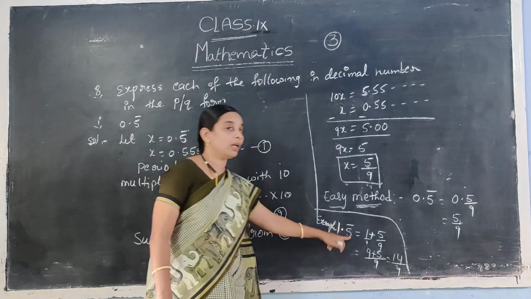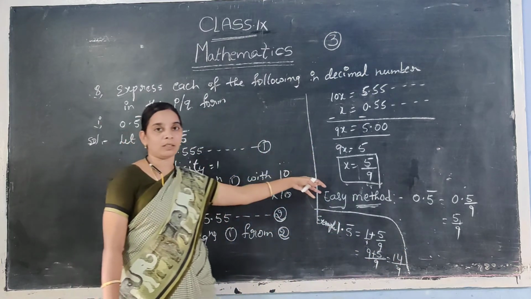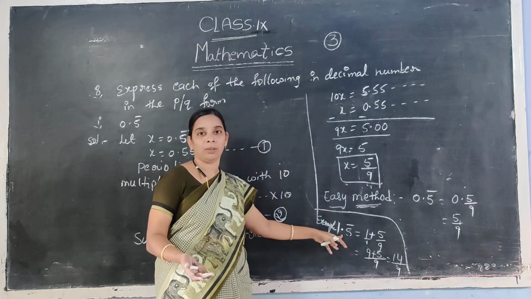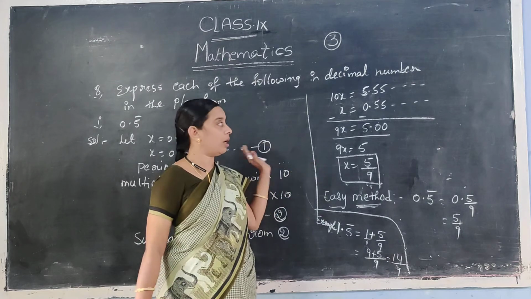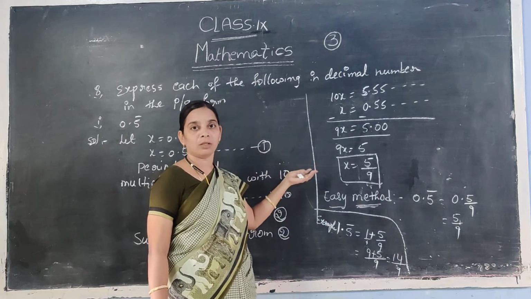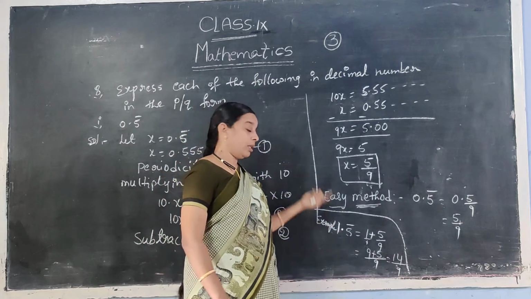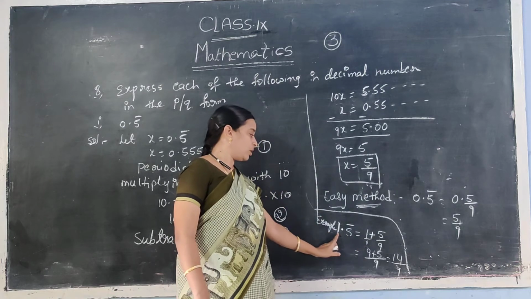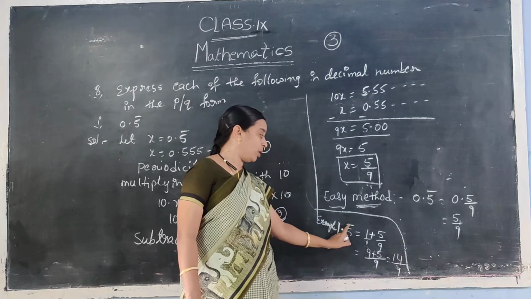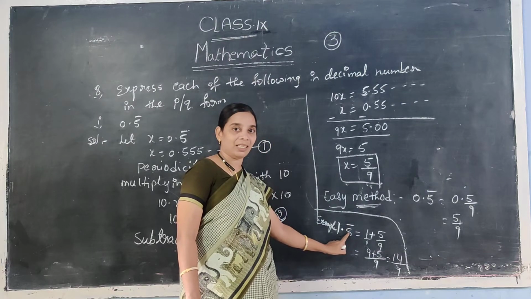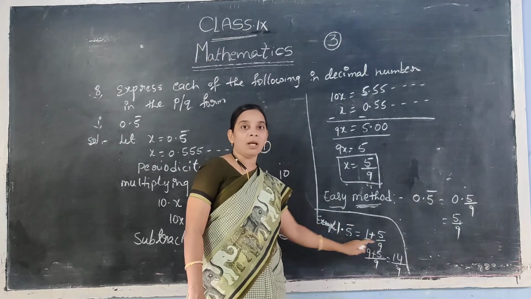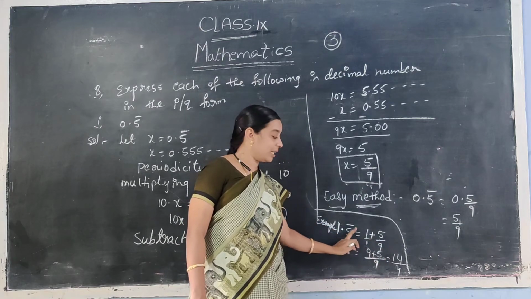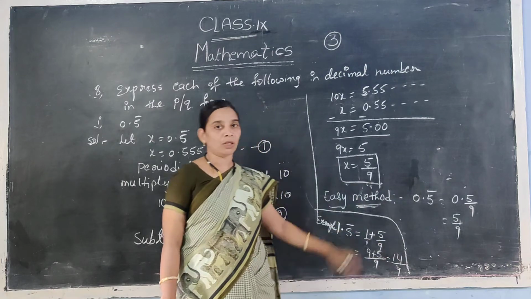Okay, 1.5 bar also has to be done with this process. But from the examination point of view, suppose this question is given in part B. This process is lengthy and time taking. So that's why at that moment you have to do it like this model. Okay, you can select this. So 1 plus 5. Under the recurring part only one digit is there. So that's why you have to write 9. Suppose 2 digits are there, you have to write 99. 3 digits, 999. Like that you have to calculate.